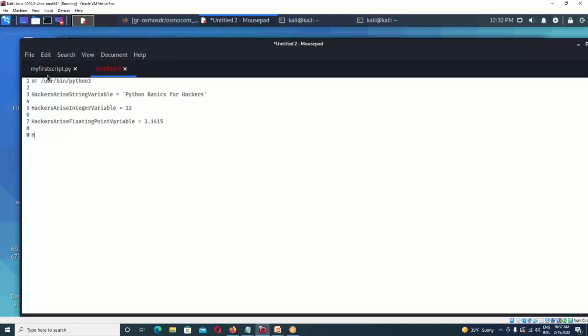Okay, now a new one. We're going to do a list. Hackers arise list. We just learned about lists a minute ago, and what we're going to do is create a list using just a number of values. Go 1, 2, 3, 4, 5, 6. All right. And then let's create a Hackers Arise